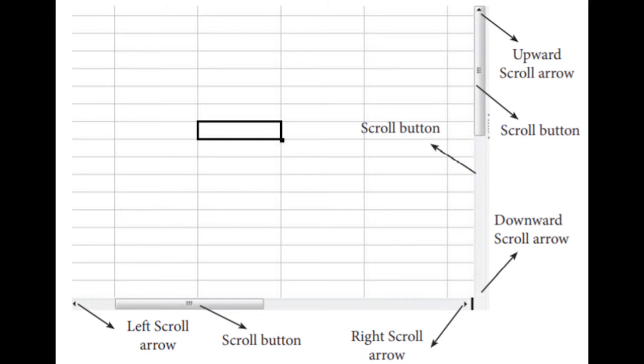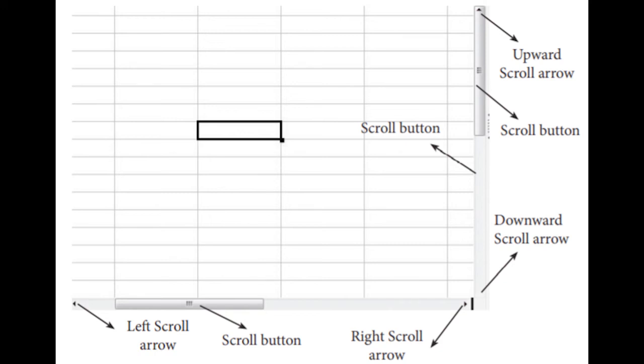So to move the screen up and down, we'll use this vertical scroll bar. To move the screen left and right, we'll use this horizontal scroll bar, right? And scroll buttons mean you can use that scroll button to move a relative distance. You'll have that scroll button in the right or left corner of the horizontal scroll bar. If you click that scroll button once, it will move a little to the right. You will have that scroll button in the vertical scroll bar also. When you use OpenOffice Calc or OpenOffice Writer, you will get a clear idea of this scroll button and